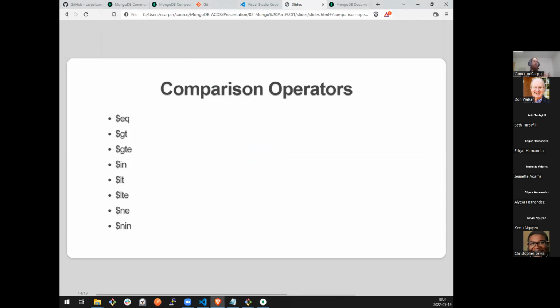I'm going to lump $gt, which is greater than, $gte, greater than or equal to, $lt, less than, $lte, less than or equal to. I'm going to group those all into one example because I'm sure everyone is intimately familiar with how numbers work and which numbers are greater or less than or equal to. So all of these operators work exactly the same way.